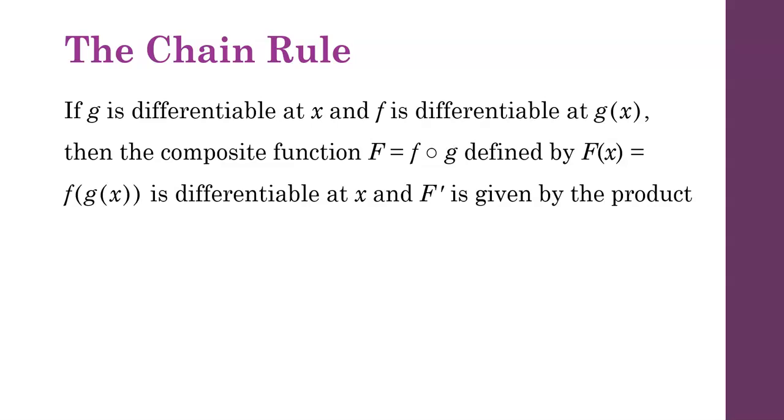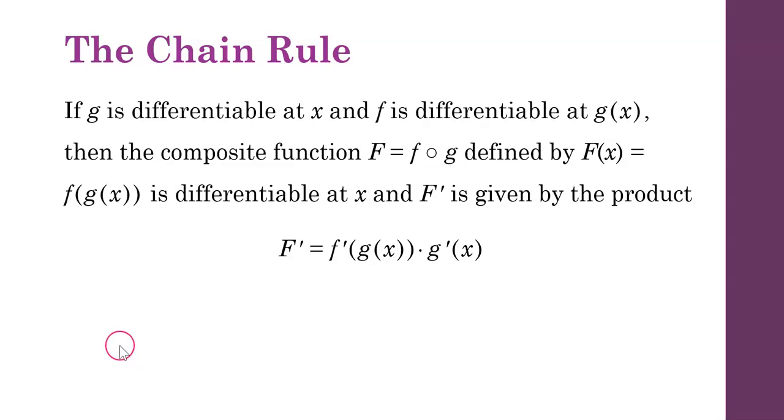is differentiable at x, and we can find that derivative by using the product of the derivative of the outside function with the inside function remaining intact, multiplied by the derivative of the inside function. Right? So if you look at it, here are a few things that are necessary for the chain rule